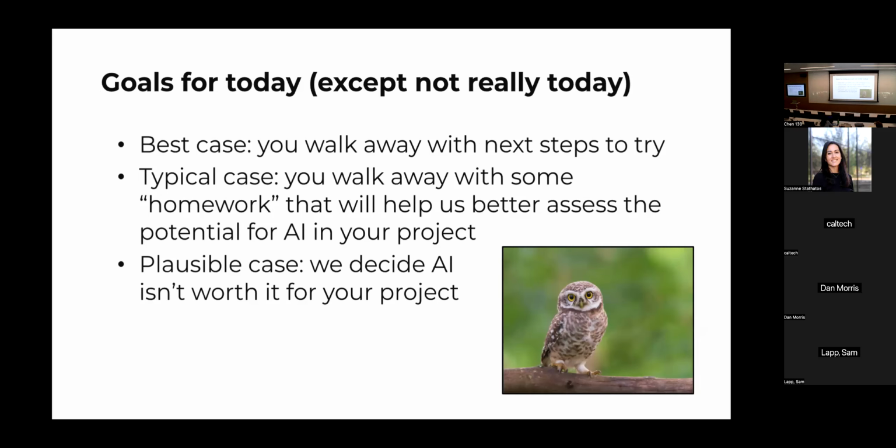So the goals for this hypothetical conversation that you are all going to have with lots of ecologists after the summer: you might be able to give somebody next steps to try, like really go try this model, you maybe tinkered with this architecture and now tinker with this architecture instead. A much more typical case when somebody comes to you for the very first time and is like, I would love it if AI could help me with that problem. Their problem is typically not that well defined yet. They're not doing anything wrong. They're just new to AI and new to AI terminology, and maybe their problem isn't that well defined.